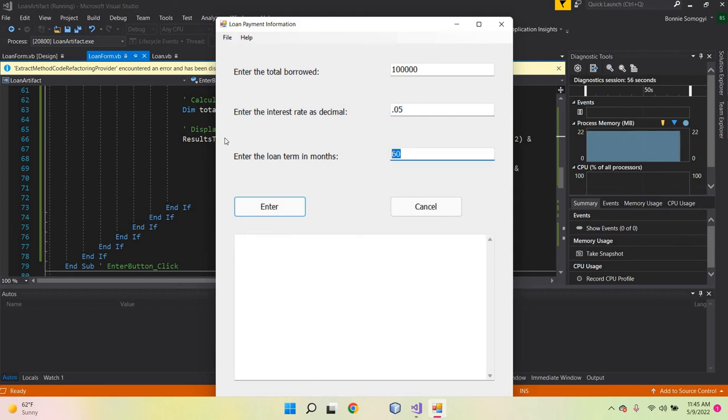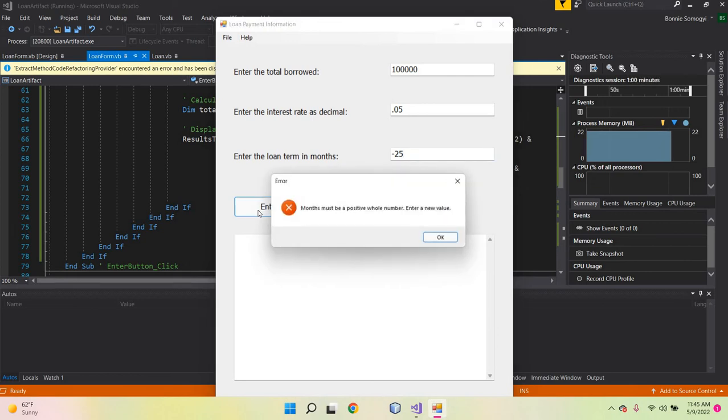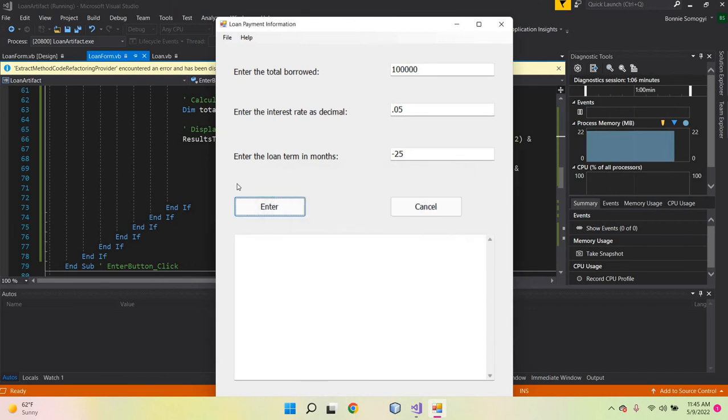And then loan term in months. We can change that to -25. Enter. Months must be a positive number. Enter a new value, click OK. And I need to go in and blank that out. But do 60, click enter, and since all conditions are met, it does the calculations and it shows